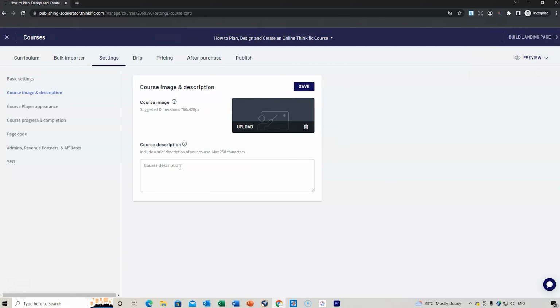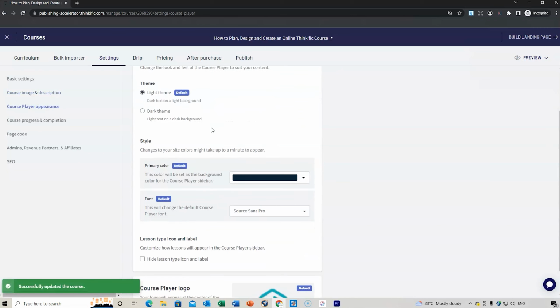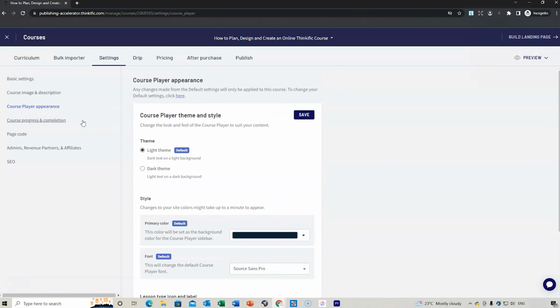And then I can also add a course description. Now it's only 250 characters, so it's not long at all. I'm going to do that at a later date because I need to, again, get a lot of this more organized, but I wanted to show you this process as we progress. You can go to the course appearance and you can adjust any of these icons just here.